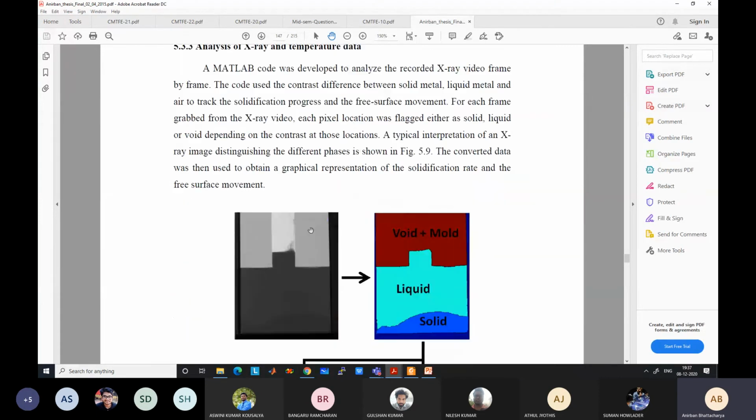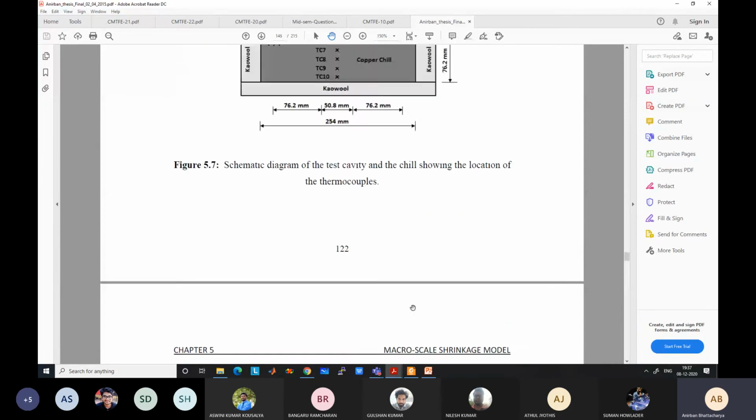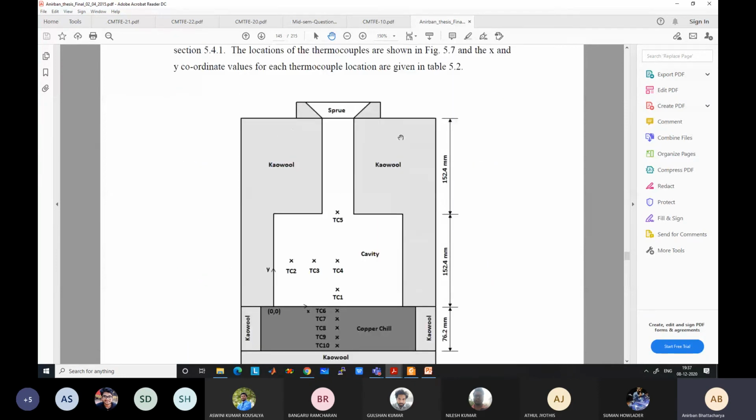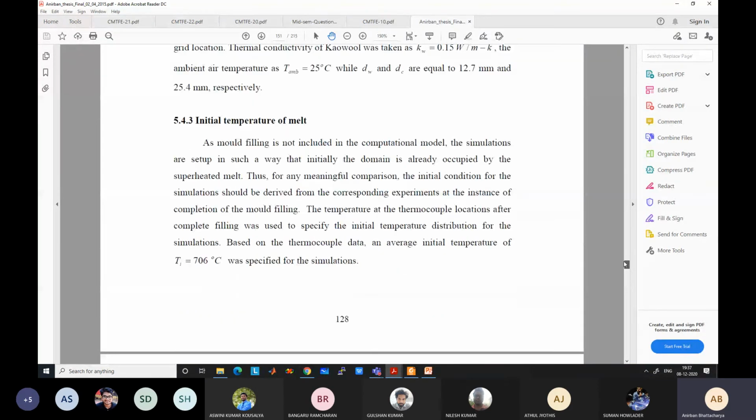So the actual domain is not rectangular, right? It is rectangular up to certain point, then there is another rectangle on top of it, which is smaller in size. However, I cannot take that because our code can only take the entire domain. So the way we have to solve is that we take the entire rectangle and we block out the outside regions. The grid points which are at the outside regions, we give zero thermal conductivity and things like that, so that ultimately you get, I don't know whether I have results or not.